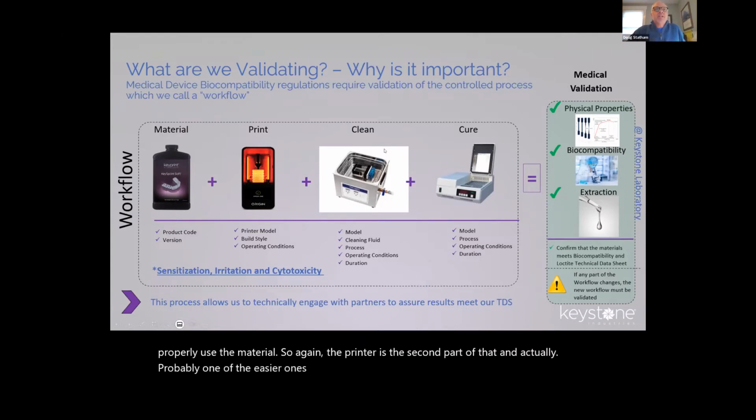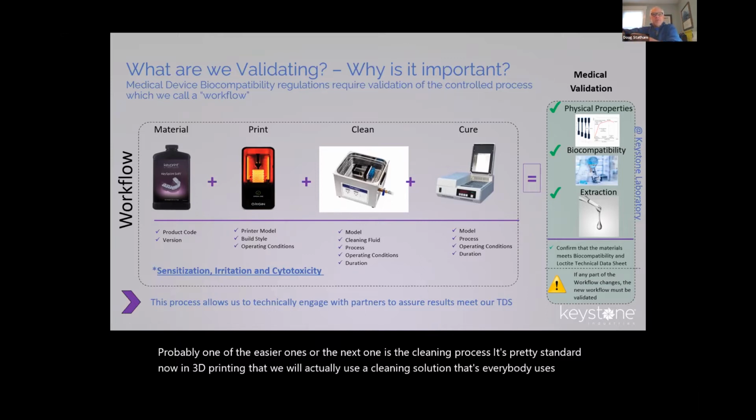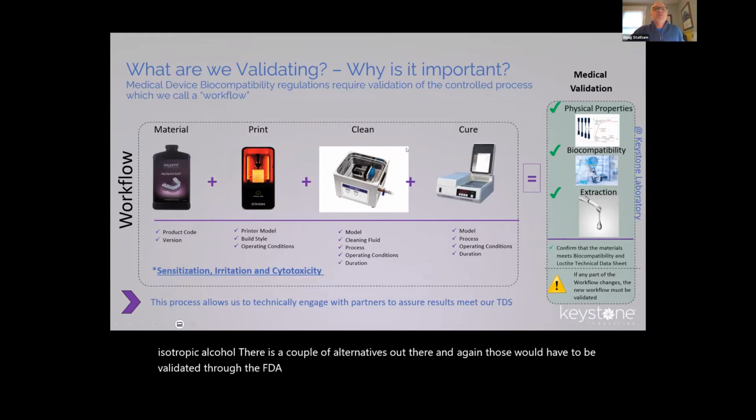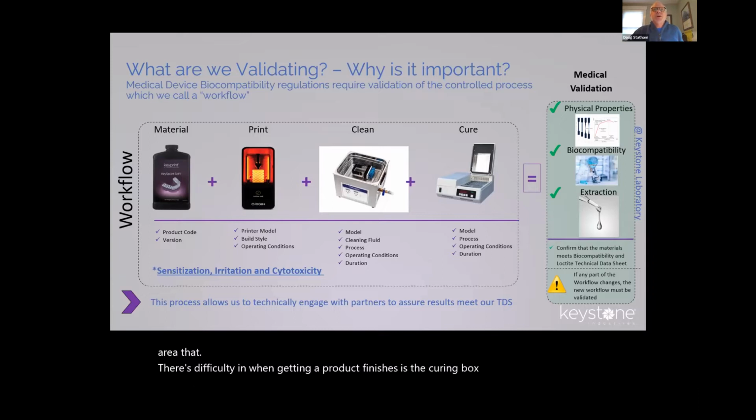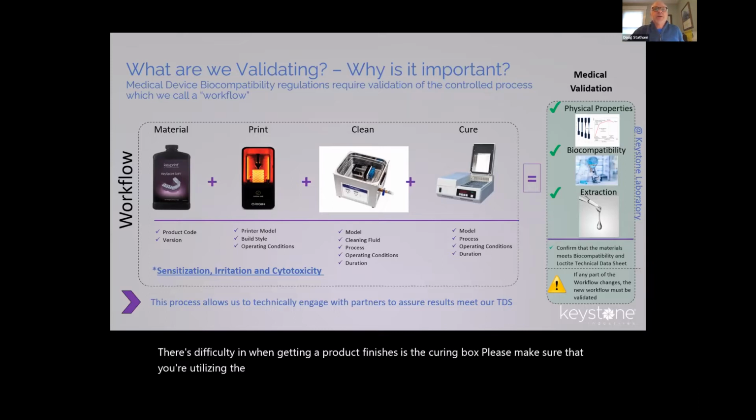The next one is the cleaning process. It's pretty standard now in 3D printing that we'll actually use a cleaning solution that everybody uses. It's isopropyl alcohol. There are a couple of alternatives out there. And again, those would have to be validated through the FDA to ensure that the material is fully cured by the time it's put into the patient's mouth. The last part of this is the curing box. If I were to say that there's one area where there's difficulty in actually getting a product finish, it's the curing box. Please make sure that you're utilizing the proper settings in those curing boxes